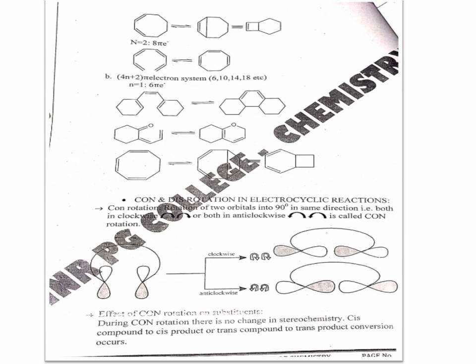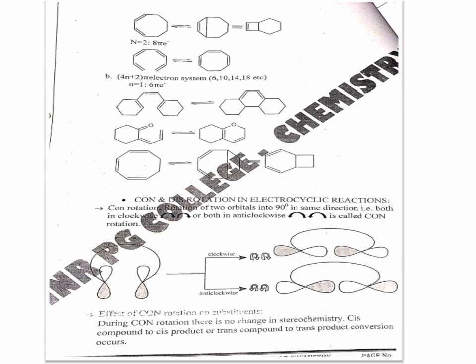Similarly, we will have some examples where electrocyclization is happening on a 4n plus 2 pi system. There are 3 examples here. In each and every case, to identify whether the system belongs to the 4n system or the 4n plus 2 pi system, we have to see the more conjugated pi bond side. Whether it is the substrate or the product doesn't matter.